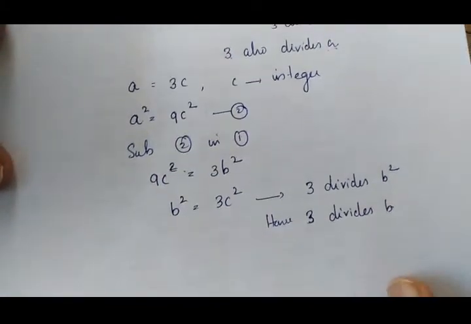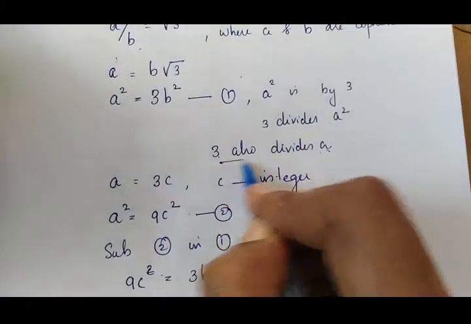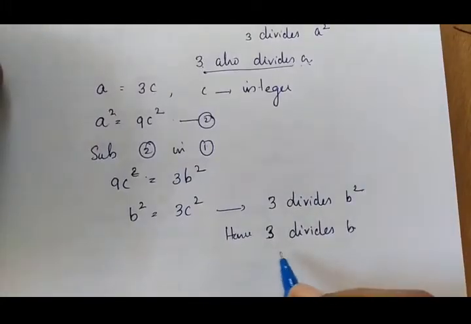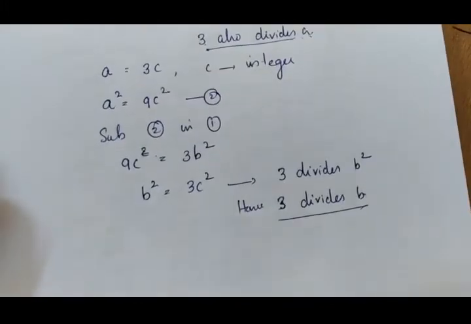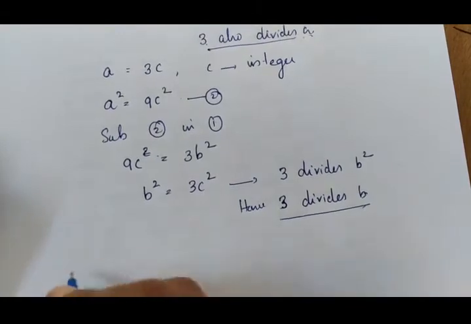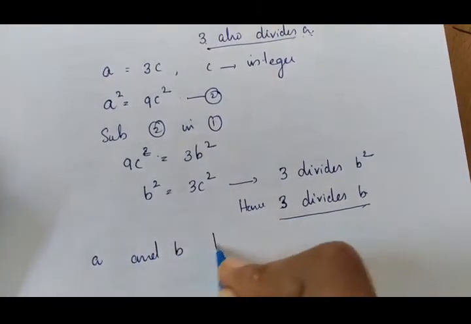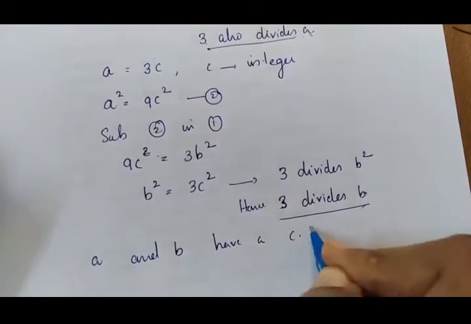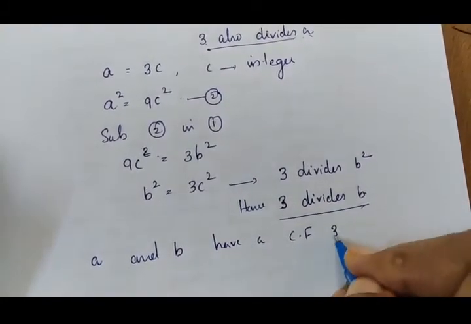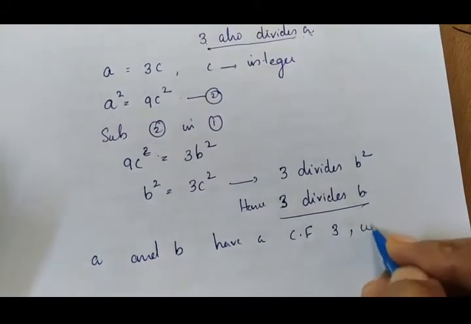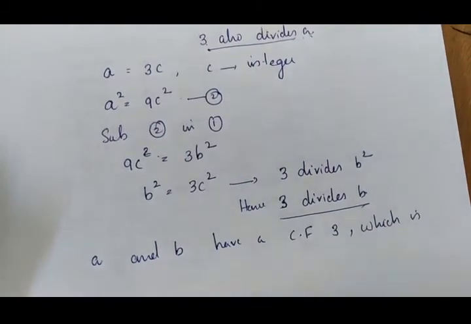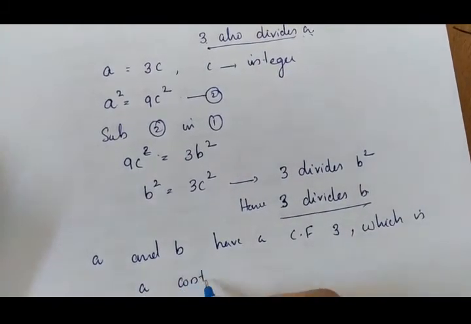Here we say that 3 divides a. Here we say that 3 divides b. From these statements, it can be said that a and b have a common factor 3, which is a contradiction